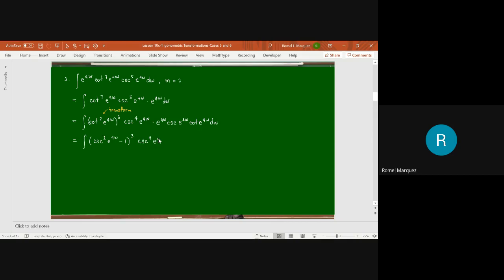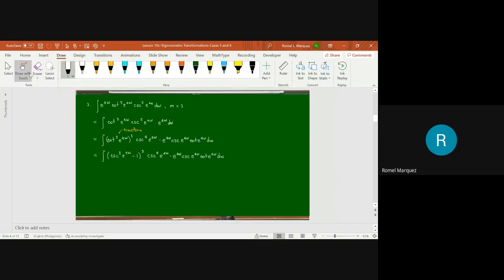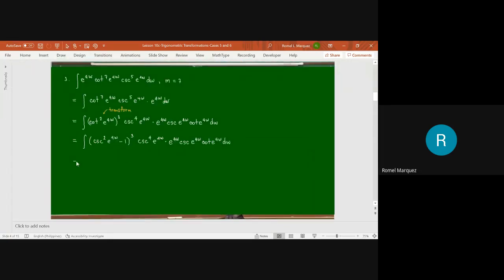Later, we're going to distribute that in the expansion of this. Then copy. I'll just copy this, the one that I saved. Okay? So that is equal to